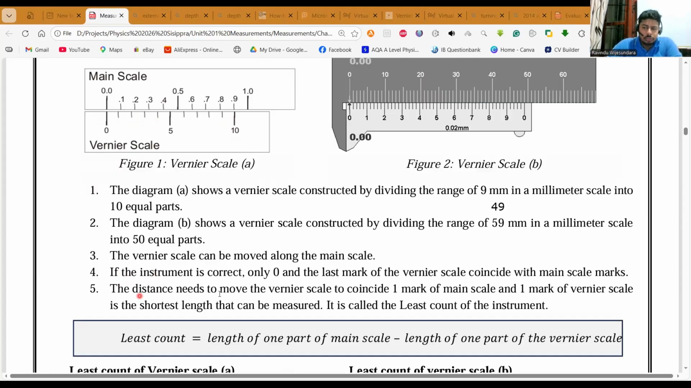The distance needed to move the vernier scale to make the first mark of the main scale and the first mark of the vernier scale coincide is the shortest length that can be measured. It is called the least count of the instrument, right? So it is something like that,